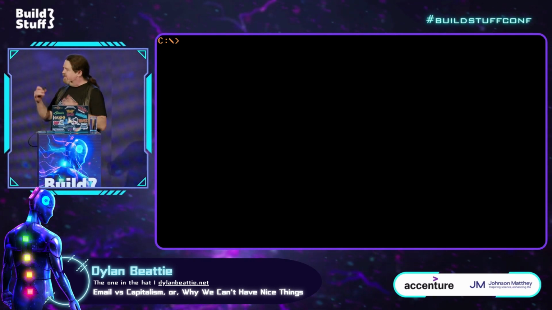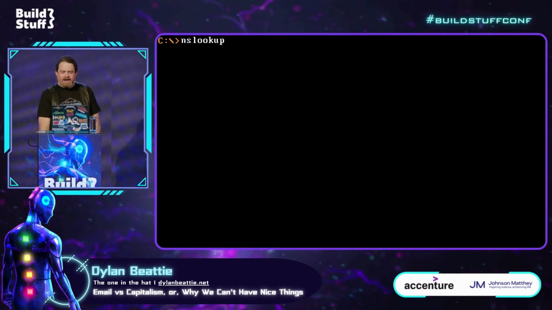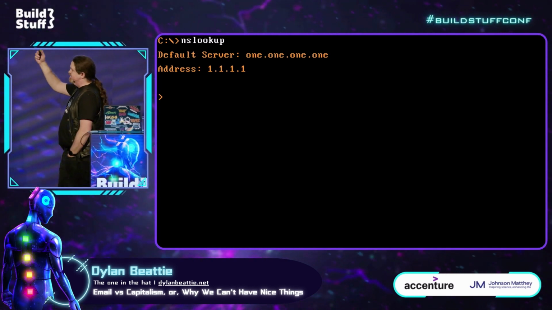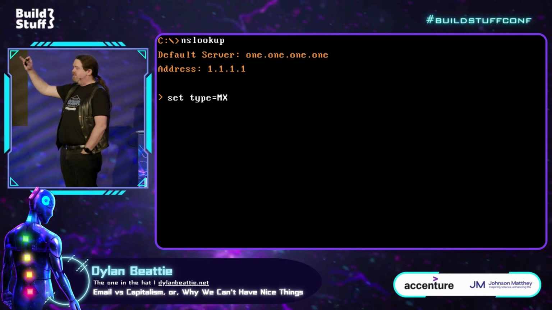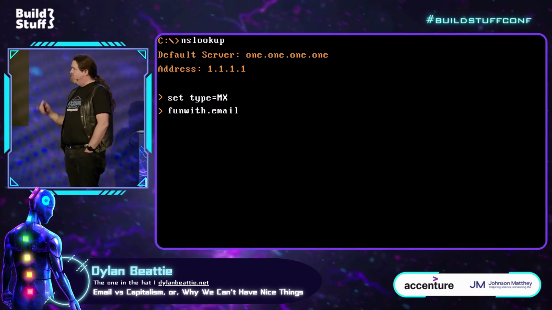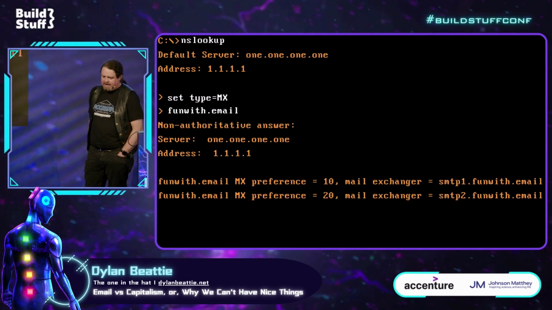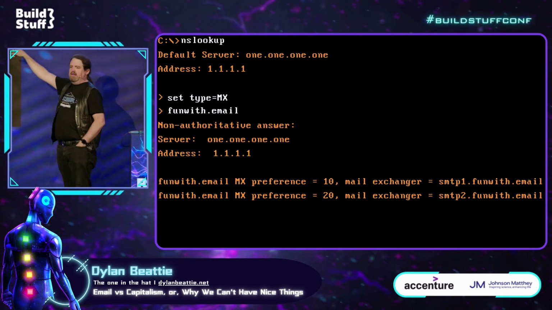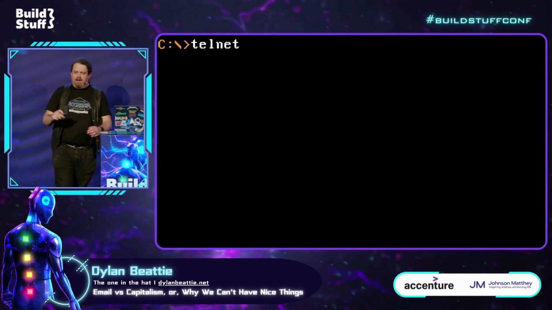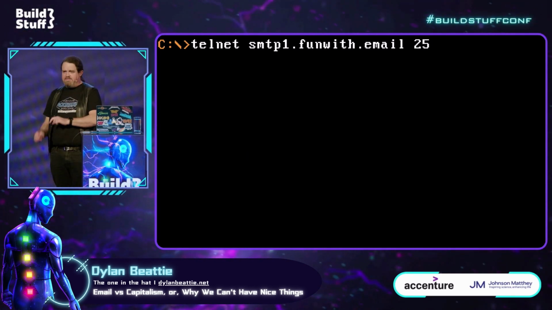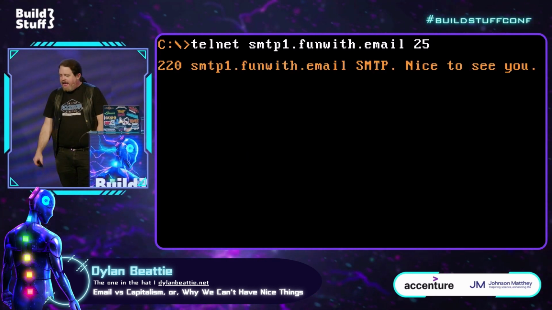You can open up a command terminal window, and I can do an nslookup, a name services lookup, DNS lookup, and I want to say set type equals MX. I want to look for mail exchange records for funwith.email. And the internet will go, oh yeah, these are the computers that handle email for that domain. And then I can telnet into smtp.funwith.email on port 25, same as it's been for 40-odd years, and it'll say,